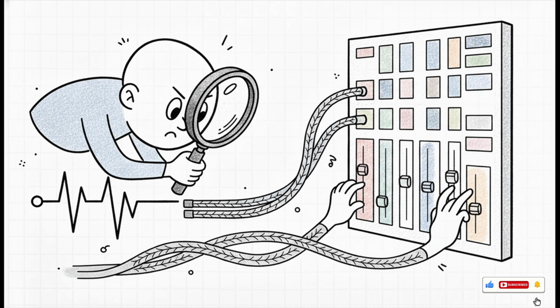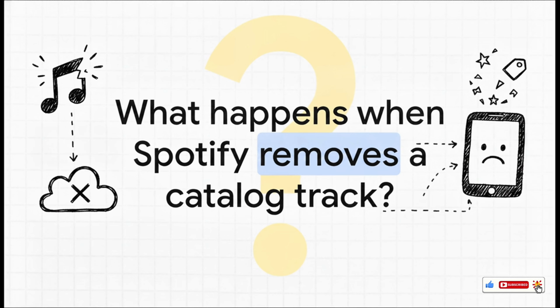Johannes wanted to introduce his own localized, highly responsive, custom tagging system. To facilitate a schema that is expressed by the end user and not the developer, he needed a data foundation that was uncommonly powerful. But building a client on top of an external catalog introduces a massive data integration problem. I mean, what happens when Spotify suddenly removes a catalog track? In a normal thin client app, the track disappears. And all those beautiful custom tags and annotations you spent hours creating, they just vanish into the void.